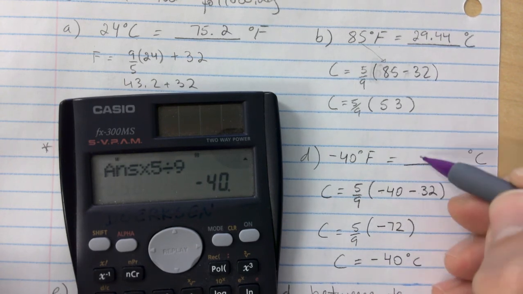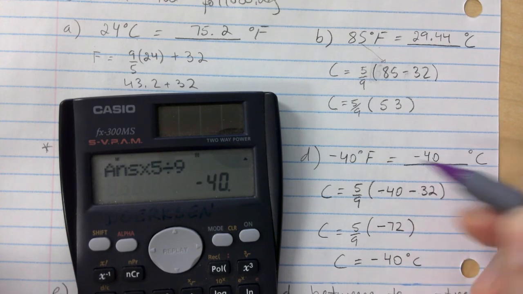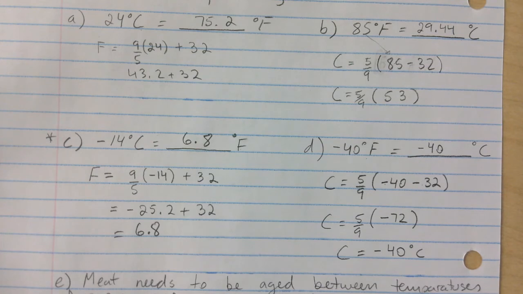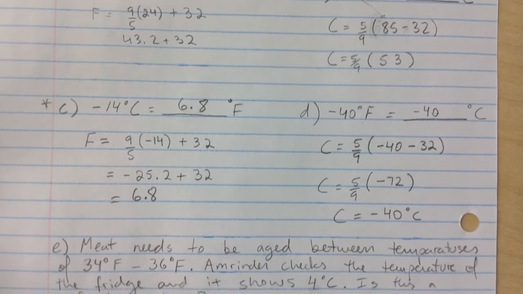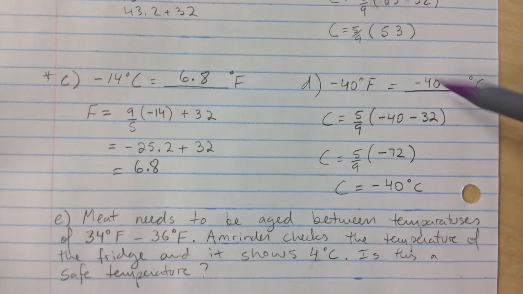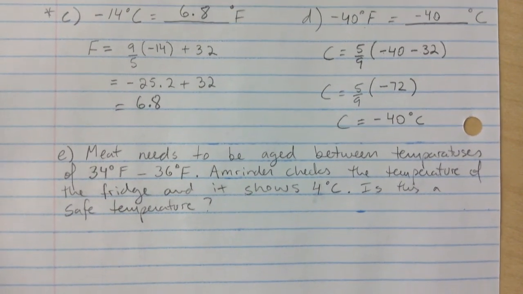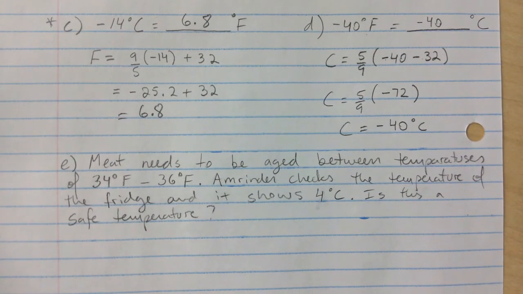degrees Celsius. So oddly enough, negative 40 Fahrenheit is also negative 40 Celsius. So they kind of meet there. So if you see boots that say that, both of them, it's like, oh, Fahrenheit, Celsius, they're the same. It's like, no, it's only when it gets down to that point. Okay, so I'm going to leave it there. Let's write down